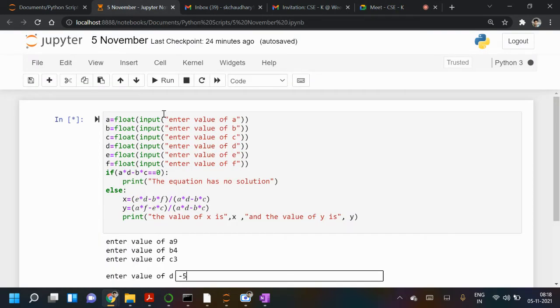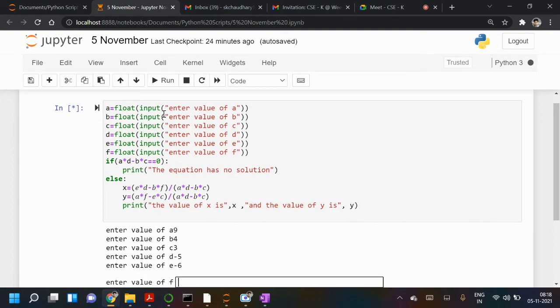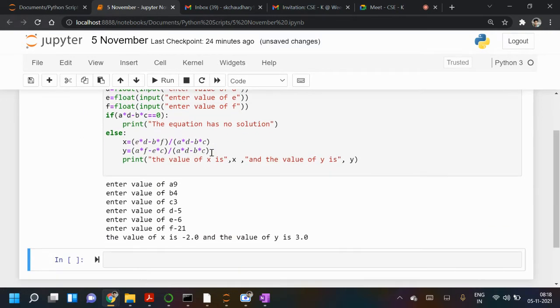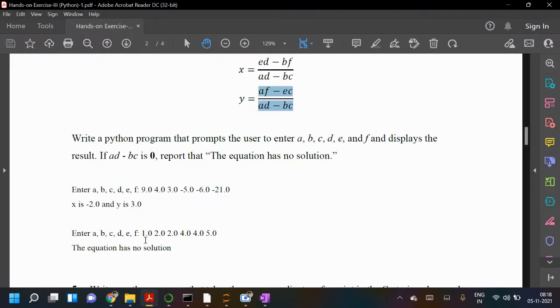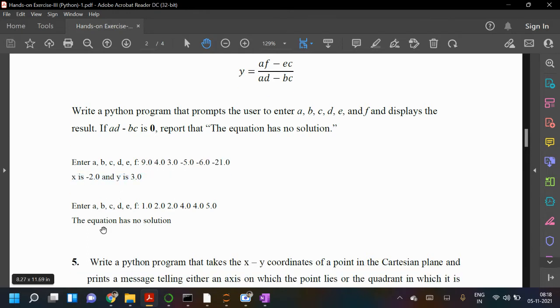So the outputs are minus 2 and 3. So x is minus 2 and y is 3. Similarly, if you put this value, then we can get the solution.